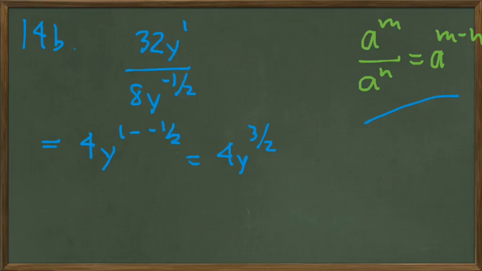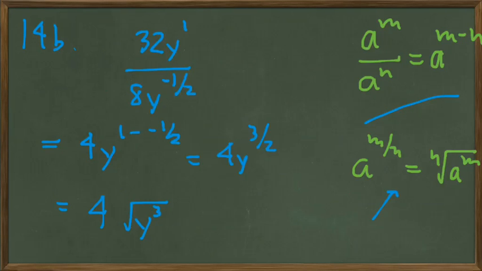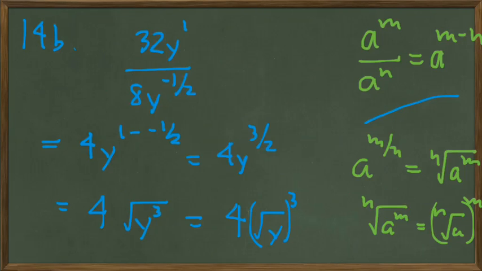And if we write that without fractional exponents, using this property, we get 4 times the square root of y cubed, and we should note that that could also be written as 4 times the square root of y, cubed. So the general property is this, that the nth root of a to the m is the same as the nth root of a raised to the m. Most typically we prefer this